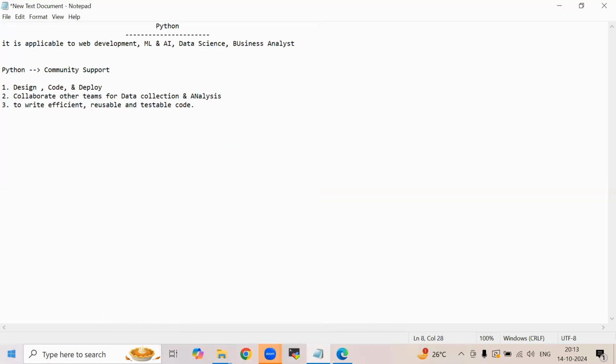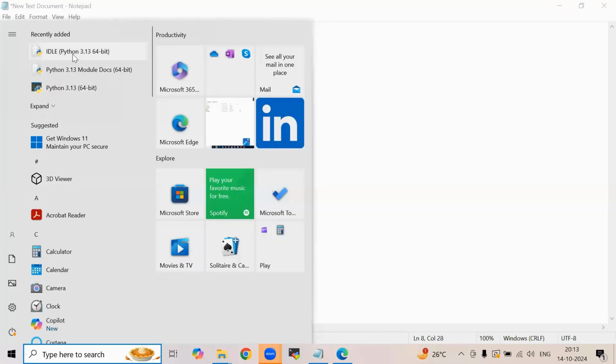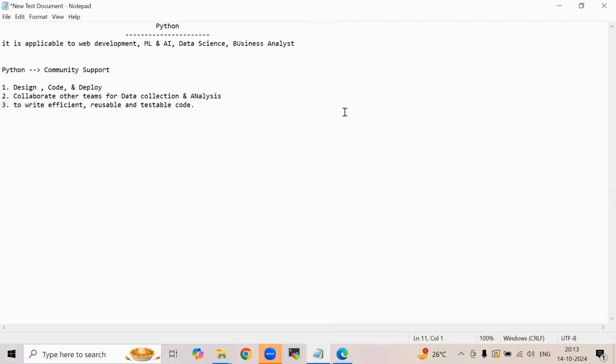If you want to use Python, you can directly go to this IDLE and use Python directly. If not, you can use it through command prompt also. For that, you need to add the environment variables. So let me tell you how to add these environment variables.